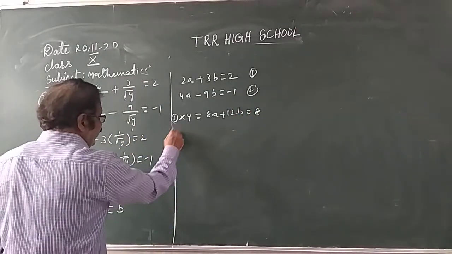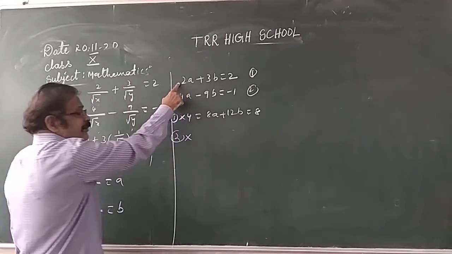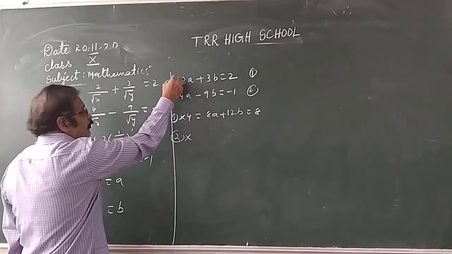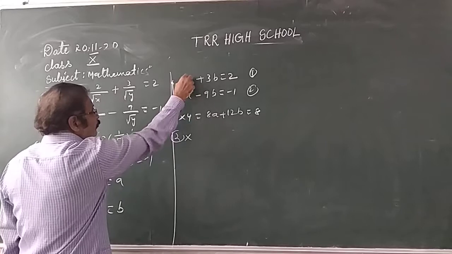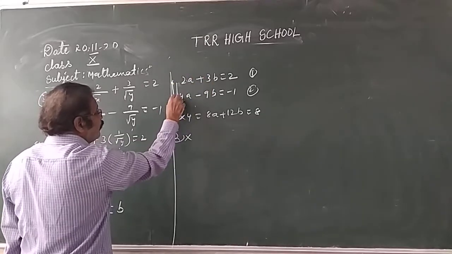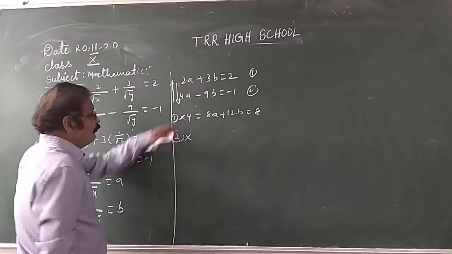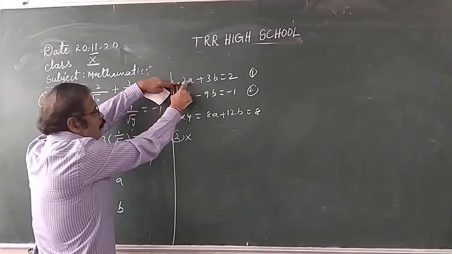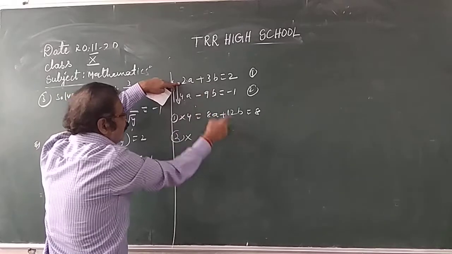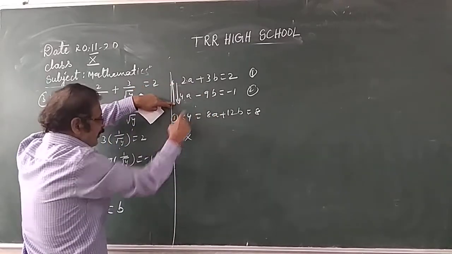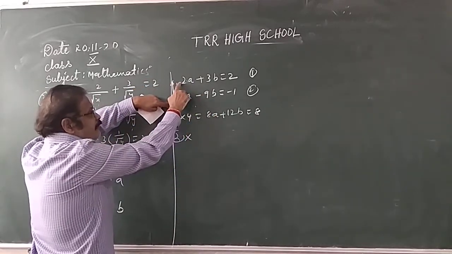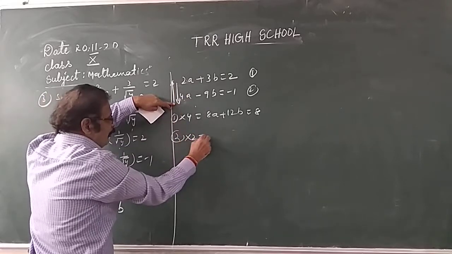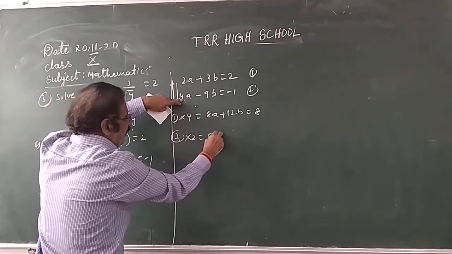Next, the second equation is multiplied by the first equation's a coefficient. What is the first equation's a coefficient? First is multiplied by 4 and second is multiplied by 2, like this arrow mark. So the first equation multiplied by 4 gives 8a plus 12b is equal to 8. Now the second equation multiplied by the first equation's a coefficient, which is 2: 2 into 4 is 8a,